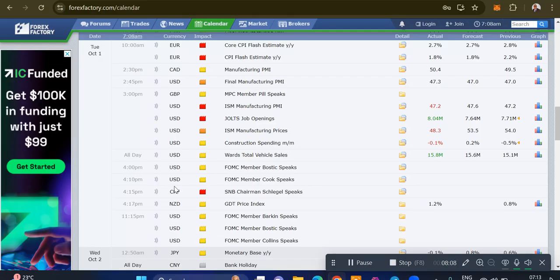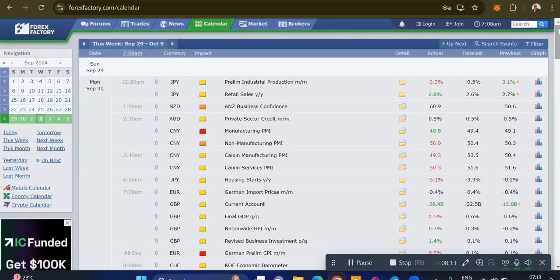So there are major news releases, fundamentals, that are very important. You have the GDP, the CPI, the PMI in most cases, the non-farm payroll, that's the employment and unemployment data, and the interest rate, which is the king of them all. There are several others, but let's just mention these few. Have it at the back of your mind that employment and unemployment news releases are very heavy on the market. Interest rate releases are very heavy on the market. GDP in most cases is very heavy, CPI too, and sometimes PMIs.